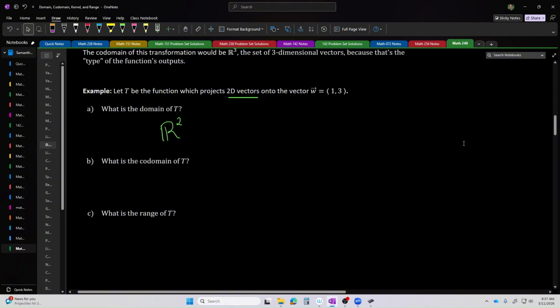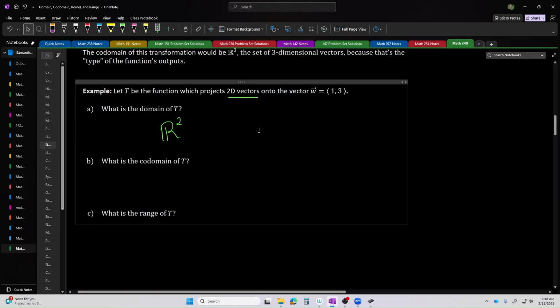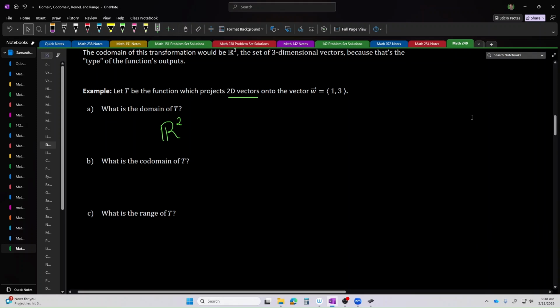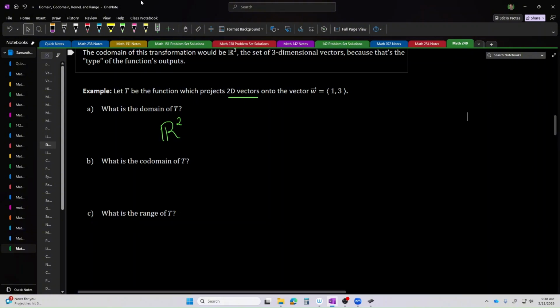So then it's a question of what is the codomain of T? What is the type? What is the format? What is the nature of the stuff that T produces? So the question really is, what kind of objects can you expect to result when you project a vector onto another vector? And we remember from our lessons on projection that projection